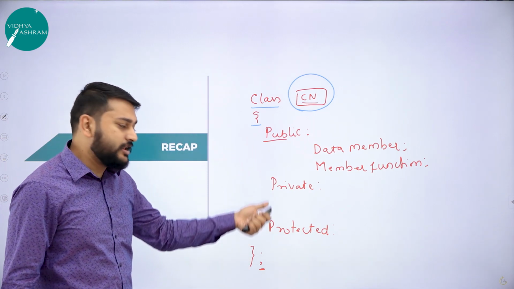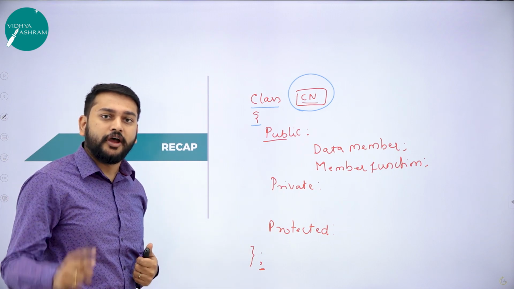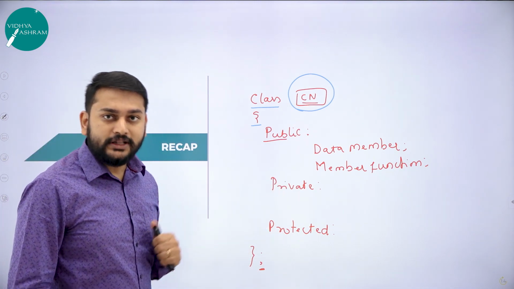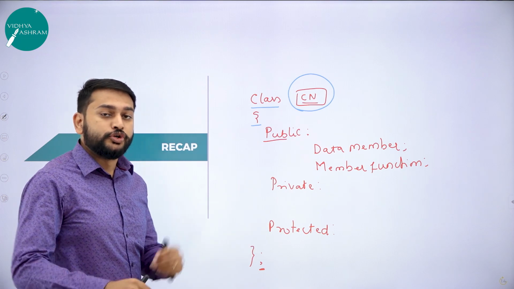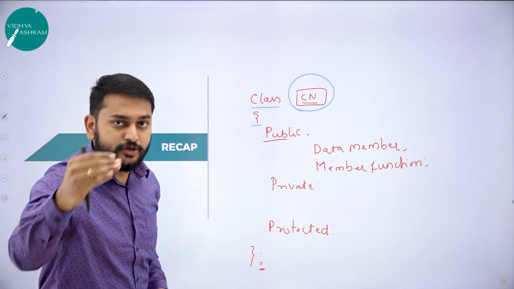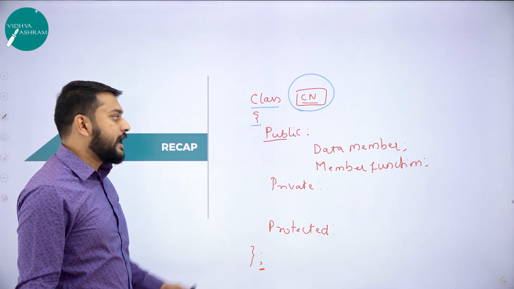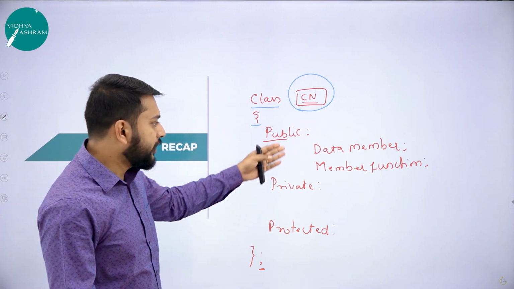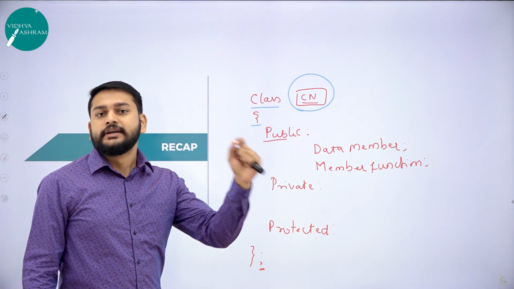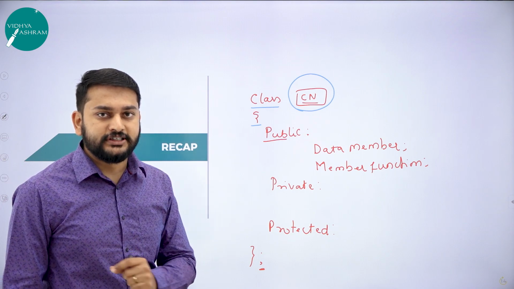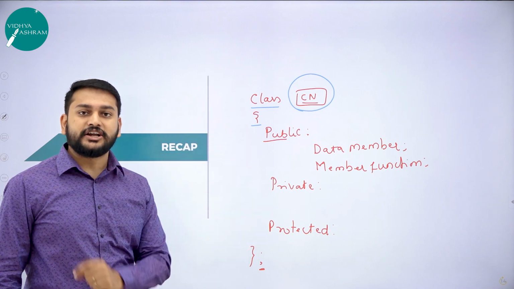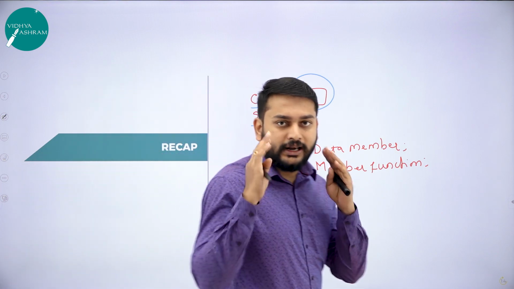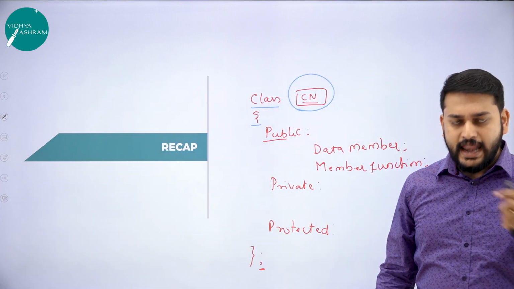So you need to understand the meaning of this access specifier in the previous class. So public in the sense what, private in the sense what, protected in the sense what. You just have to go back to the previous session, previous video, and please understand that. So after giving this access specifier, you can specify the data member and member functions. So this is the basic structure of a class. This is what you need to remember before moving into the next topic.